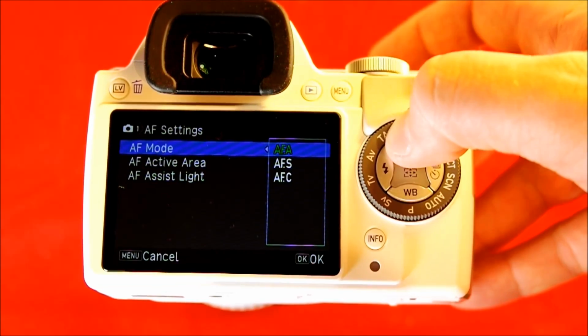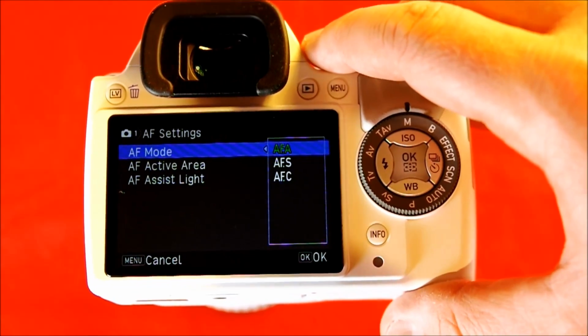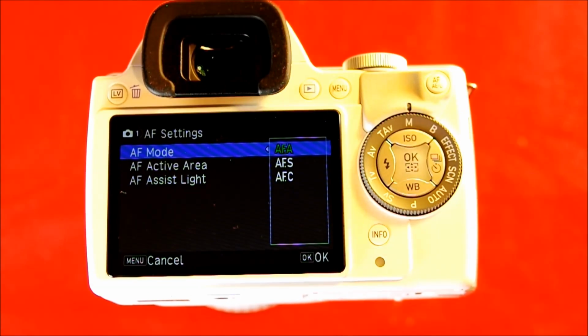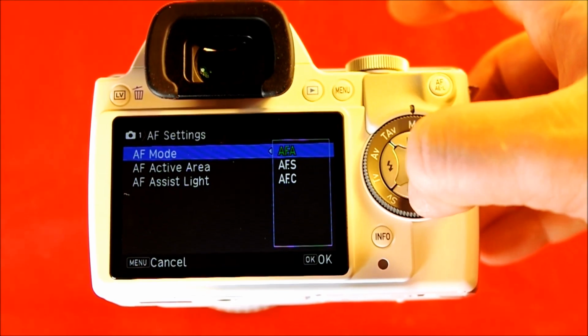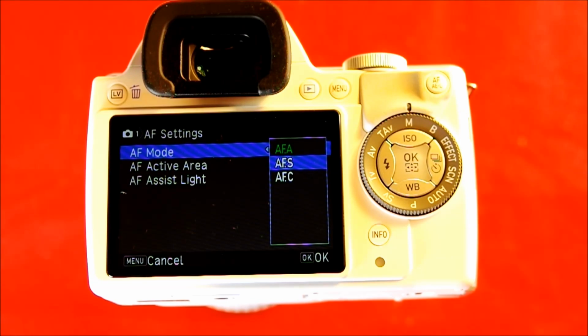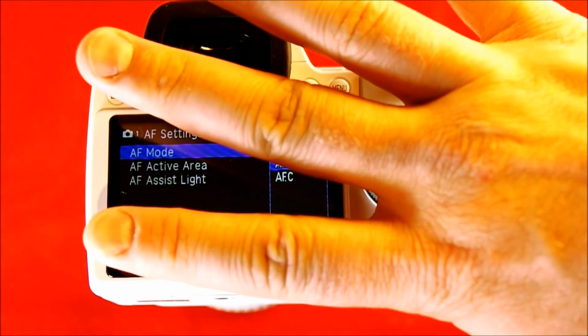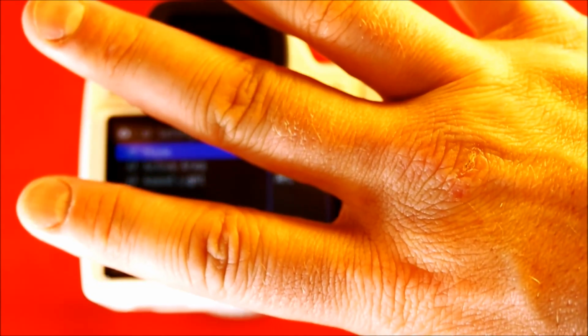So autofocus automatic will choose the best autofocus mode between single and continuous. Autofocus single will focus on an object. Here we go. We are focusing on my hand with autofocus. Now, if my hand moves, it doesn't matter. The focus is locked. It's not going to follow my hand. However,